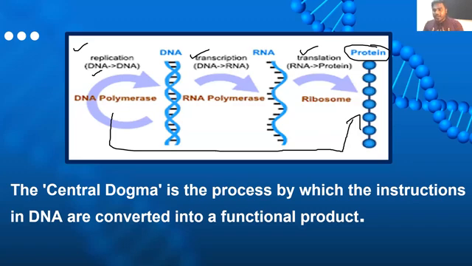If an antigen enters my body, my body starts synthesizing antibodies. What are antibodies? Of course, protein. So every single function performed by the living cell is under the control of protein, and that protein is synthesized by this unique molecule, DNA. That's why we can say DNA is the most important molecule, playing a key role in the synthesis of protein. Now listen to me continuously for 15 minutes.